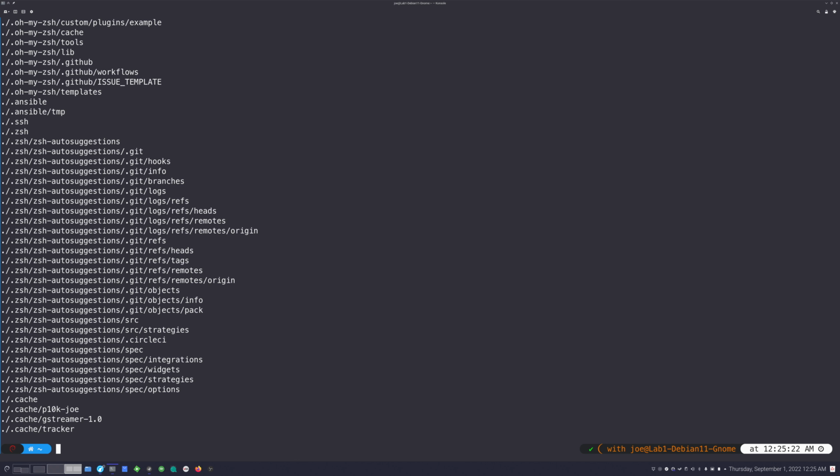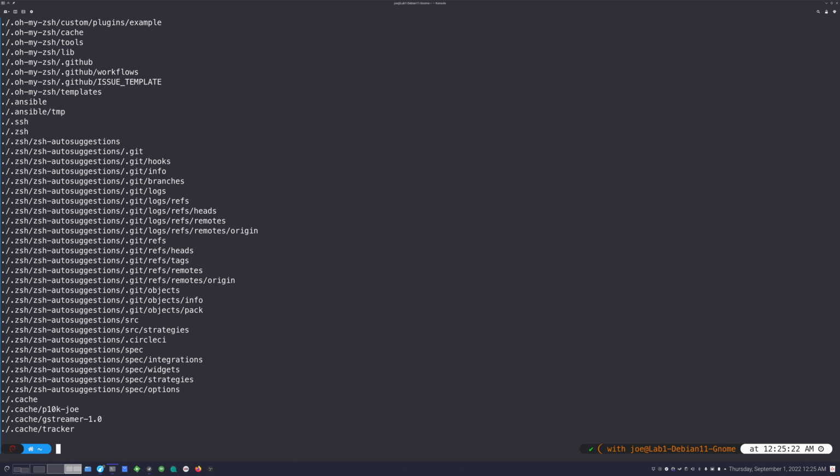Now what's cool about this is if you've ever run into a situation, say you're creating an SFTP share or some sort of shared directory where you want to manipulate the file permissions on the directory. If you don't know how file permissions work with directories, you need the execute bit on directories.